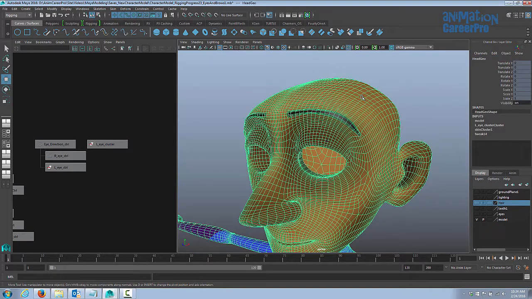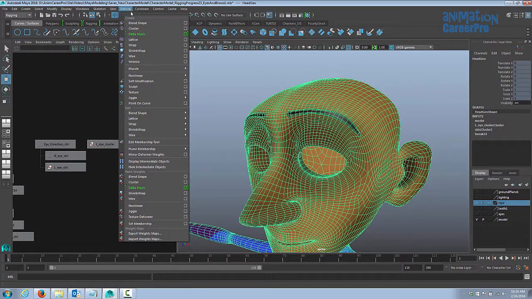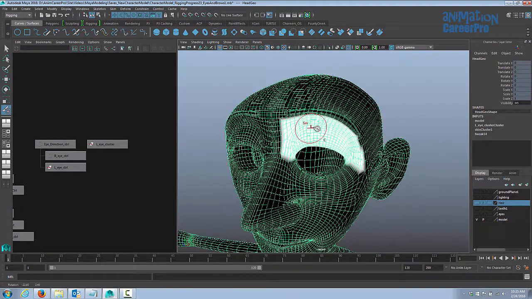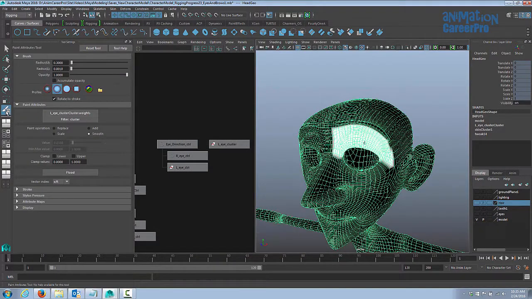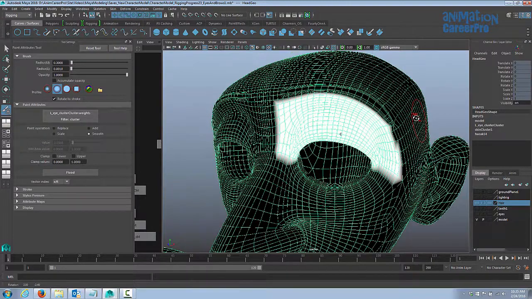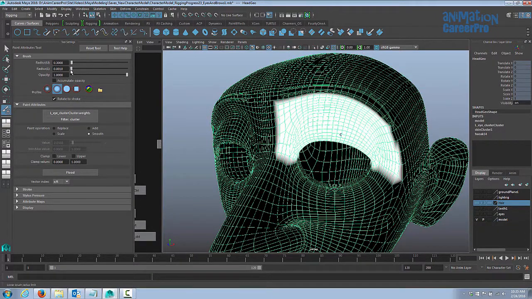So if we select the mesh and we go to deform again, here's where we create the cluster, and down below near the bottom here under paint weights we have a cluster weight painting tool. So we'll click on that, and now you can see, just like when we did the skin weighting, we have a visual representation of the cluster weight in white, and our cluster weight painting tool is here in our toolbar now. So we'll double click on that. This is very similar to painting weights when we're doing the skin weighting for the joints. There are a couple of small differences here though with the tool.